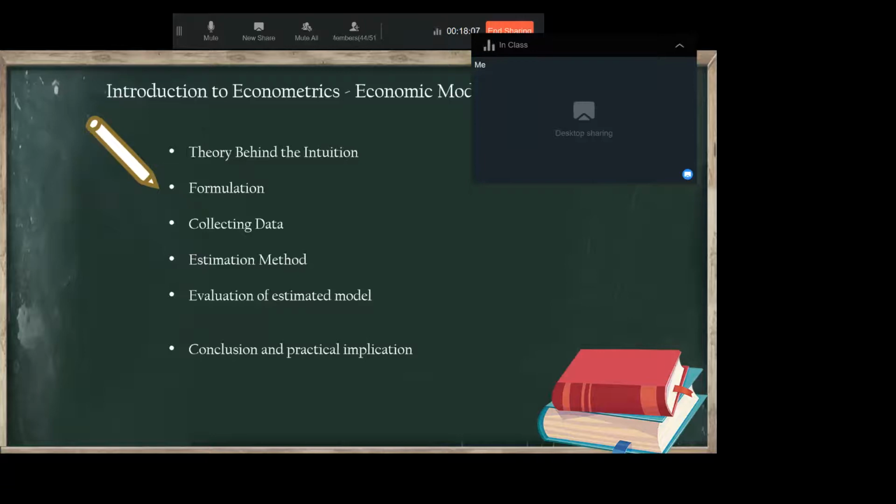We can test whether that claim can be realistic or not through econometrics, but that's another thing. But if you're not willing to pay them for the data, you can collect it by yourself. But for that, you need time, you need financial resources.